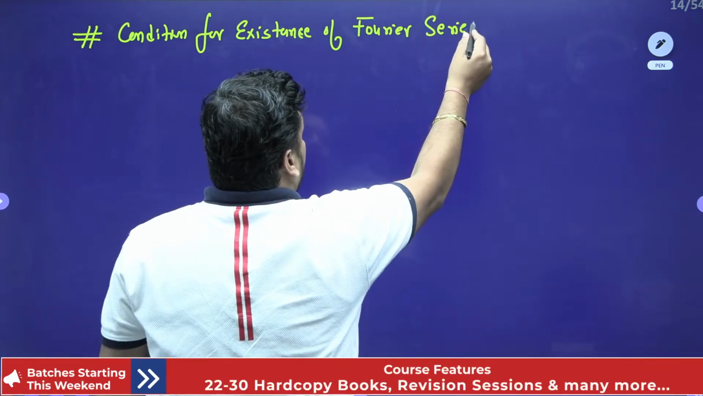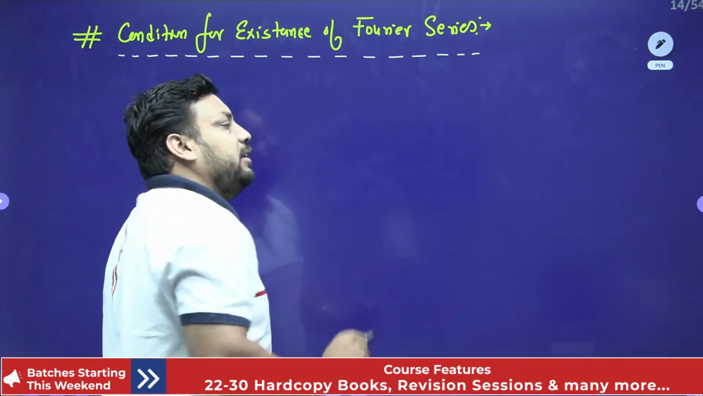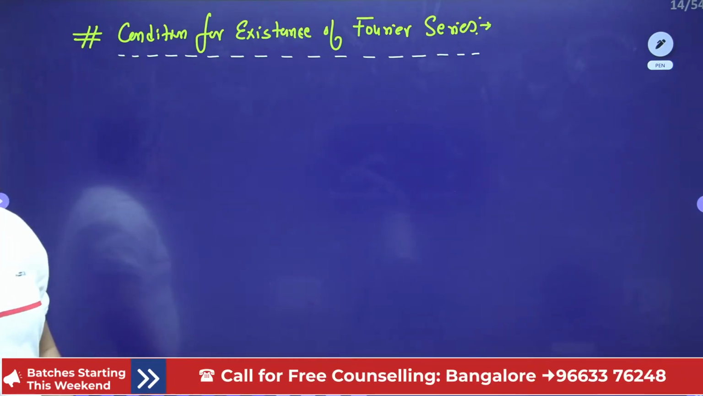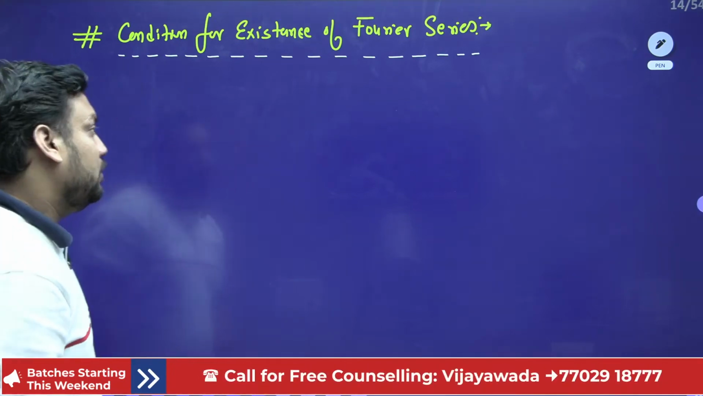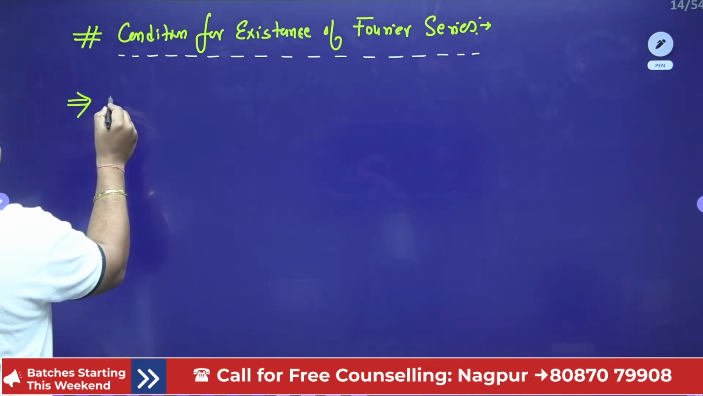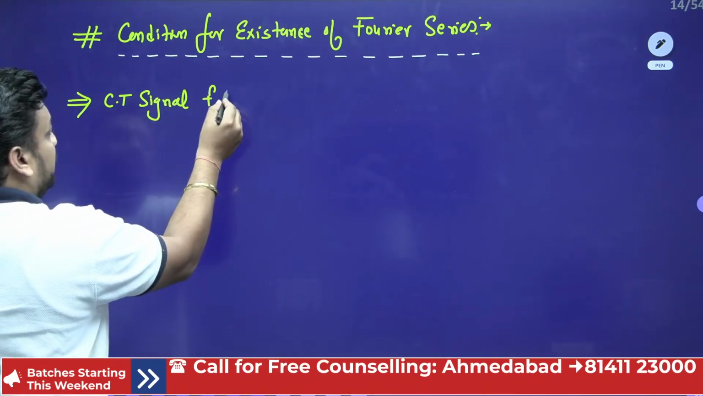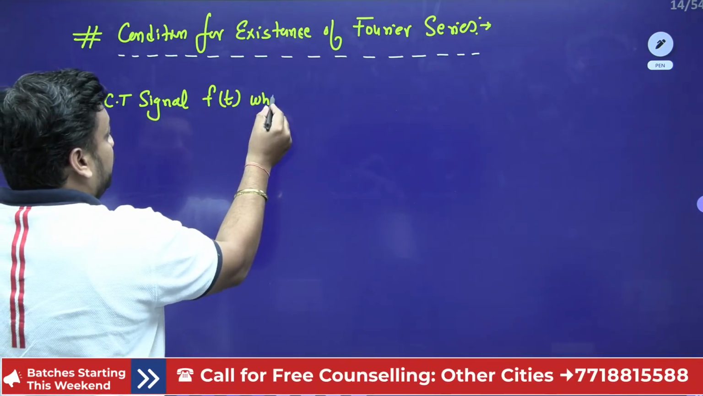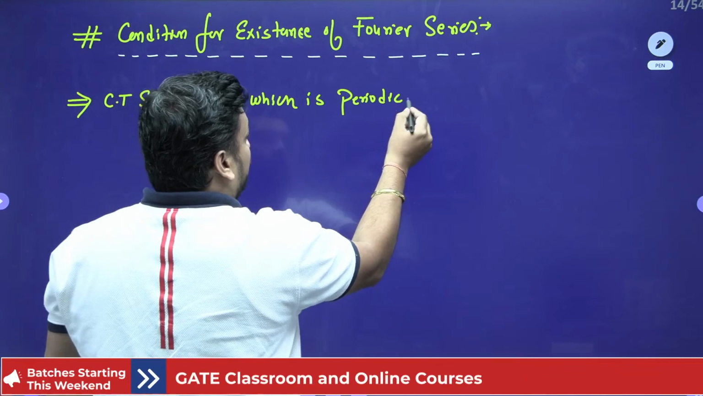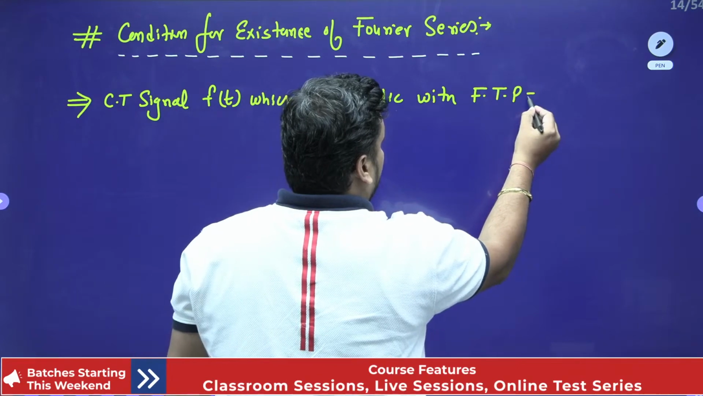So Fourier series is applicable for periodic signals, but it is not applicable for all periodic signals. We have one important condition: the signal should be a bounded signal, with a finite magnitude. The first condition: the continuous time signal f(t), which is periodic with the fundamental time period capital T,